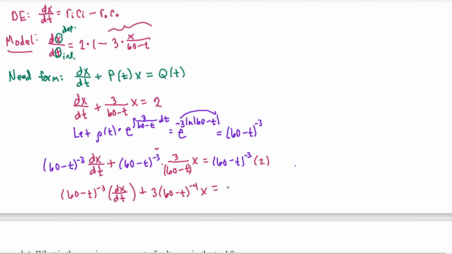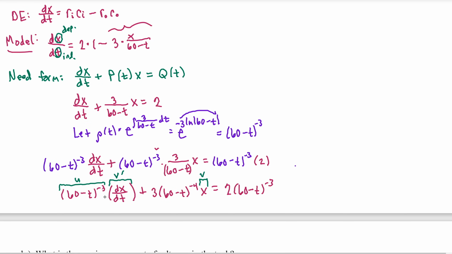And on the right side, 2 times 60 minus t to the negative 3. Looking for the pattern of the product rule on the left side, we have a function here called x. I'm going to call that v. Its derivative lives right here. So if this is u, the derivative of this term, 60 minus t to the negative 3, if we apply